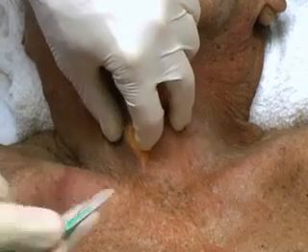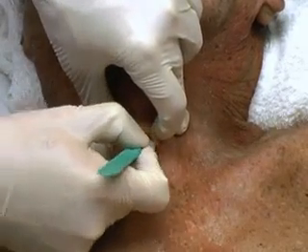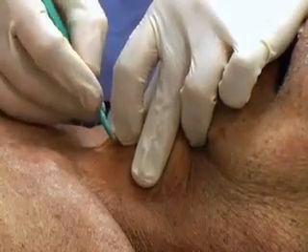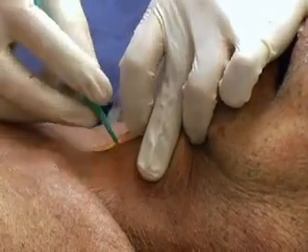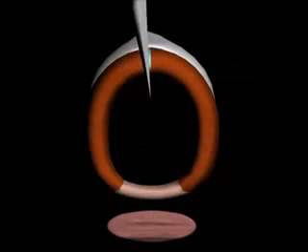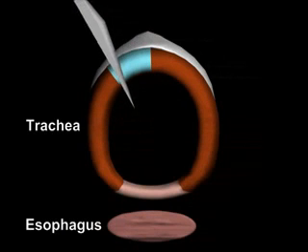Next, use the scalpel to make a horizontal incision through the cricothyroid membrane. You may feel a pop as you enter the trachea. Extend the incision laterally, turn the blade, and extend it in the opposite direction. To avoid penetrating too deeply and perforating the esophagus, which lies posterior to the trachea, do not go more than